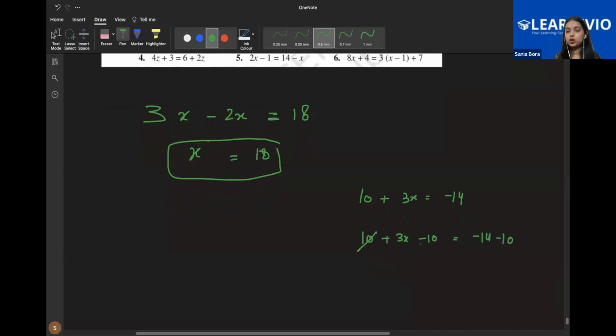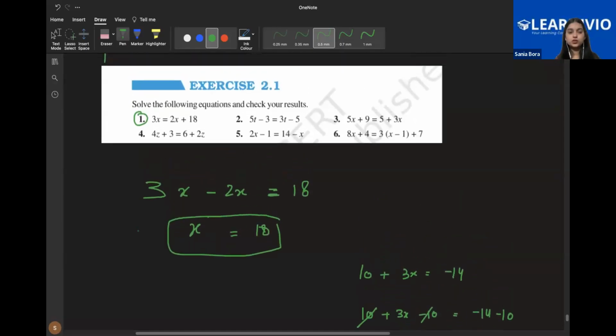Then this and 10, this got cancelled. You left 3x. And this one, you get minus 24, divided by 3. So you got x equals to minus 24 upon 3, right? Which is minus 8. Okay, so over here in this case also, like for example, this one,